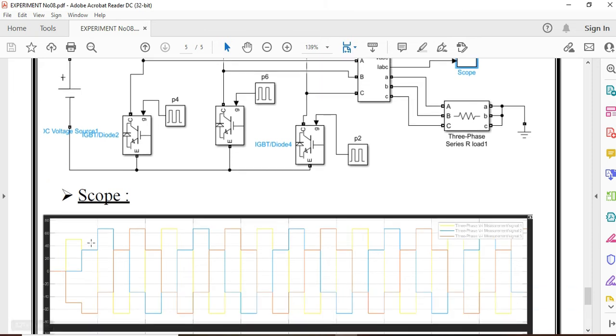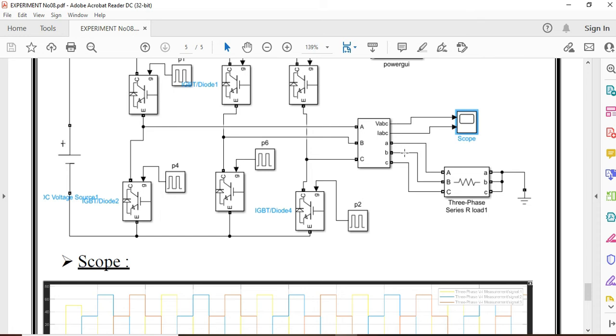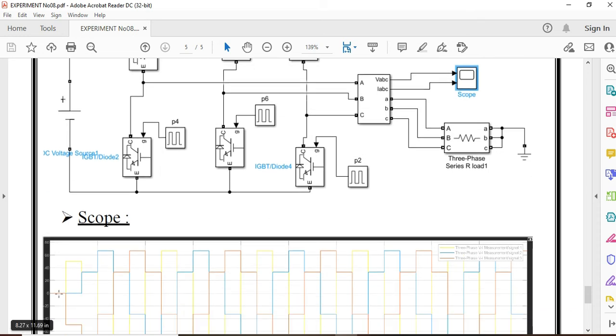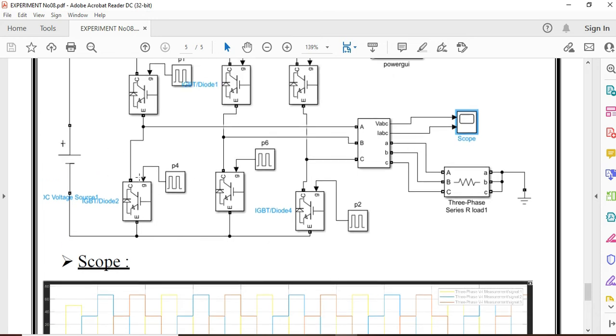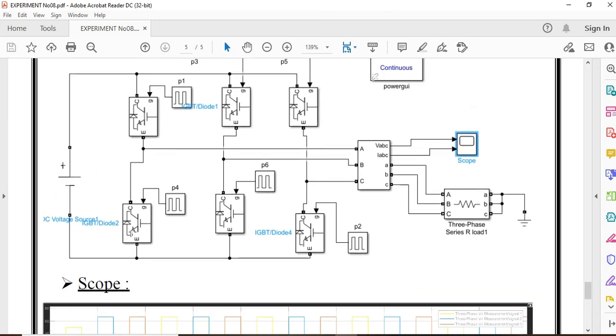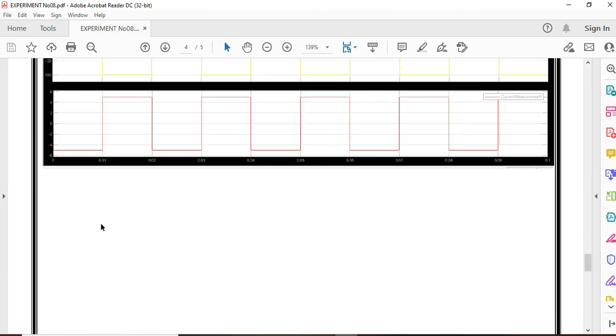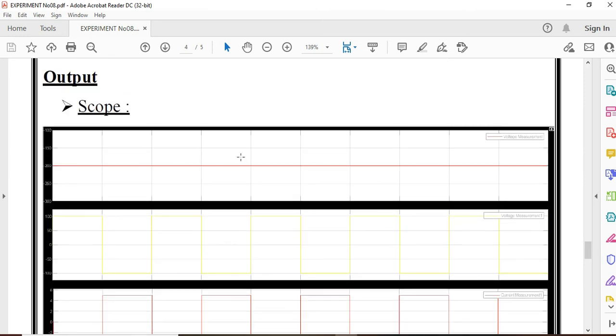यहाँ पे आप observe करोगे, blue line is observed over here. Similarly a red one, 120 degree apart, and this is your 120 degree. Each phase is 120 degree apart as it is a three-phase supply. You are getting a three-phase AC supply, and for the input, there is a DC. You will get similarly a single line over here.